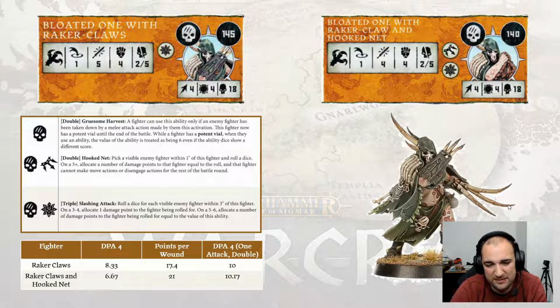The slashing attack versus onslaught is interesting. Normally, abilities like slashing attack are generally never worth a triple, as a standard onslaught is better for damage against most targets due to the high base and crit damage of the claws. However, like I did say, slashing attack has a pretty big range of 3 inches, so that makes it an interesting prospect, as a Bloated One has the toughness and the amount of wounds to allow it to survive against a unit of chaff,